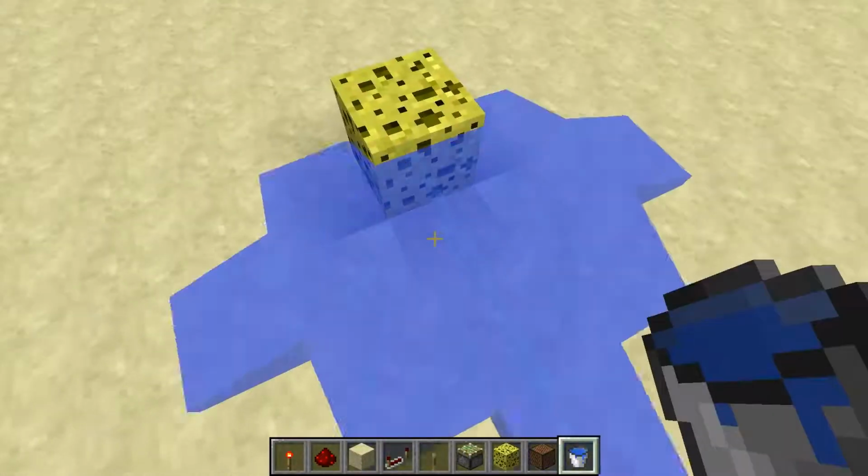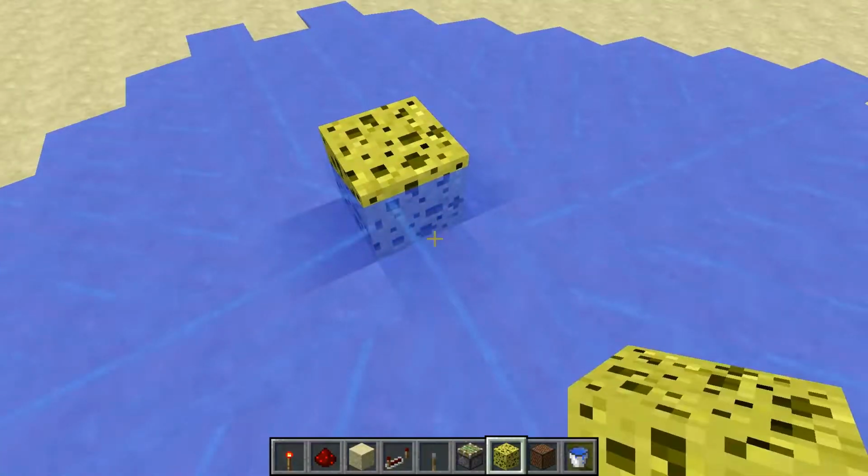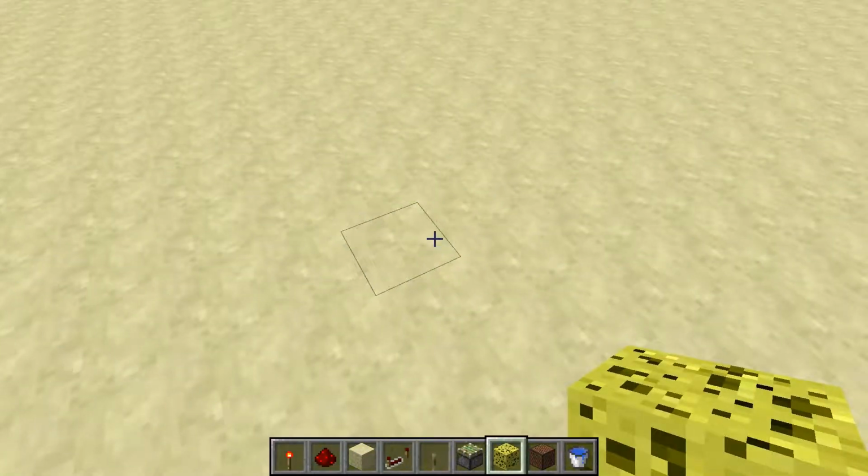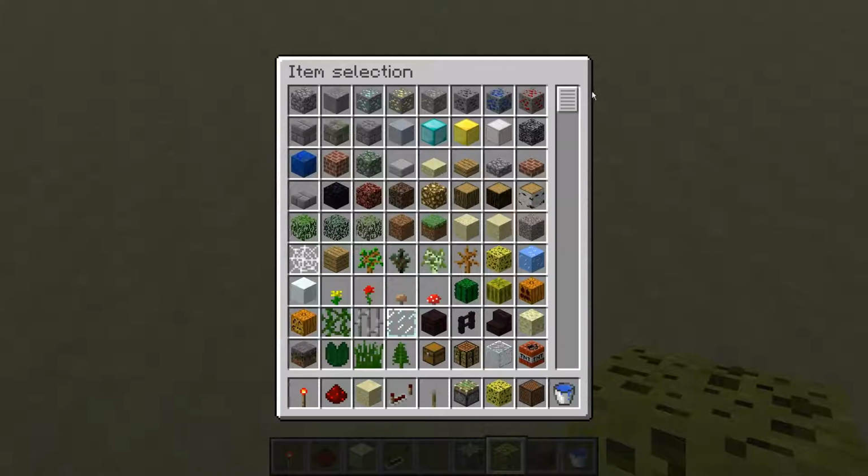I can place a source block here and the sponge will basically do nothing, but it's still a block in the game. And this was kind of a curiosity, a historical relic, until creative mode was added, because in creative mode it is possible to obtain sponges legally for the first time since before the actual introduction of survival mode. So